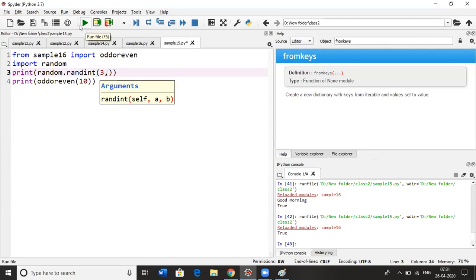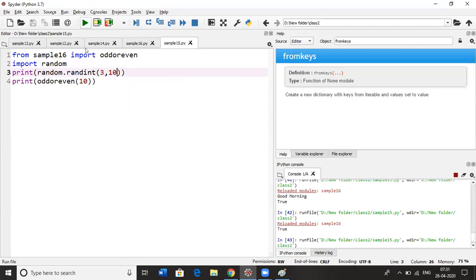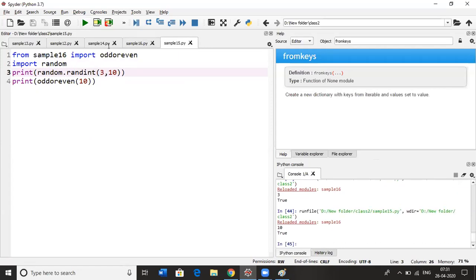Say I'm going to give 3 comma 10. In between 3 and 10, it will give you some random values. If I run one more time, it will give me a different value.